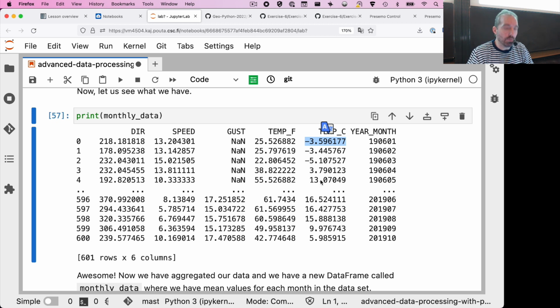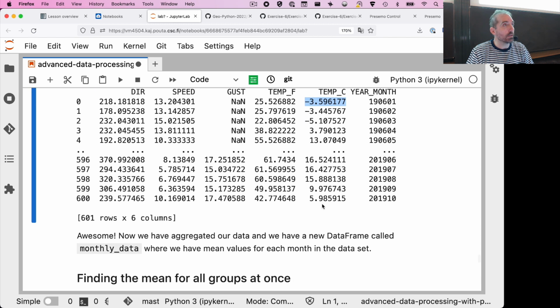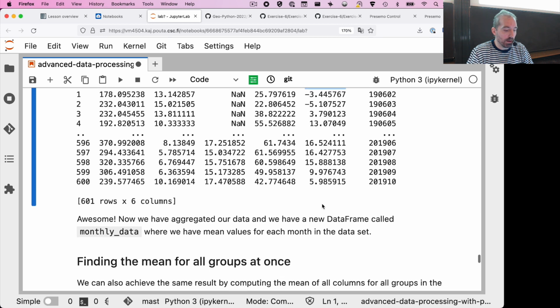And then you can follow through for the other months and similarly see how these average temperatures for each month have been calculated. So we have succeeded in aggregating our data, condensing it down from these multiple observations per day